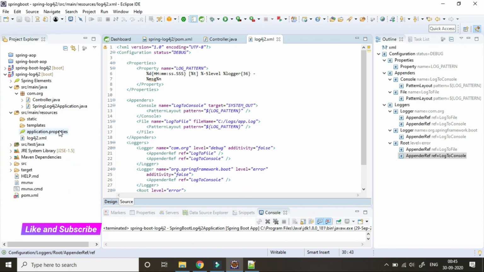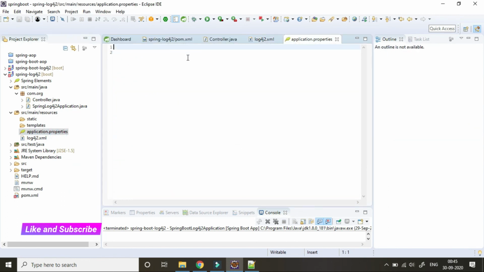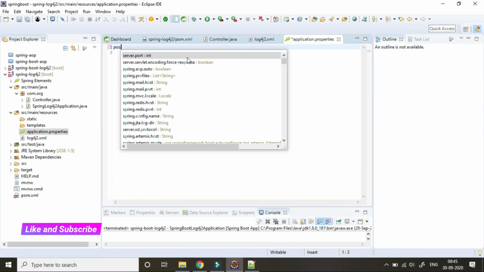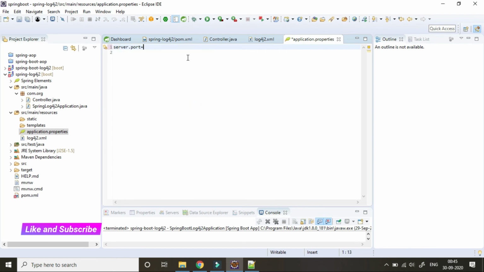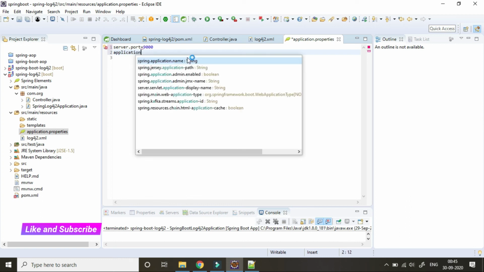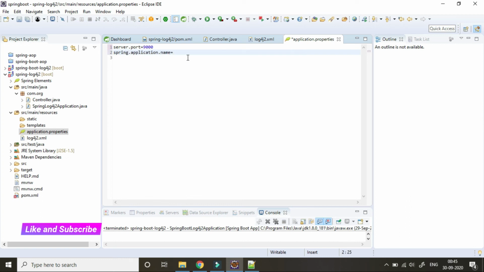Next, we have to provide the port number 9000 and the application name, which is spring-log4j2.